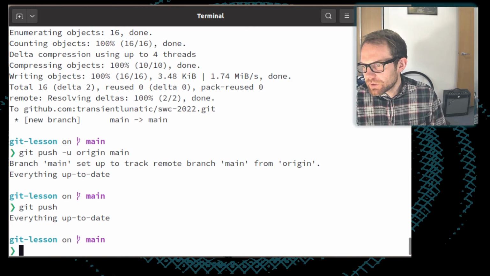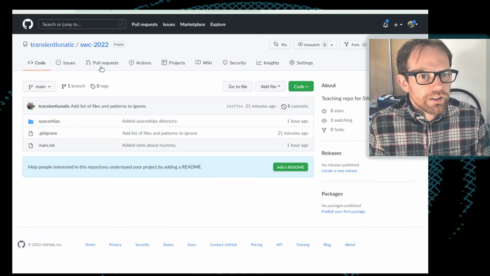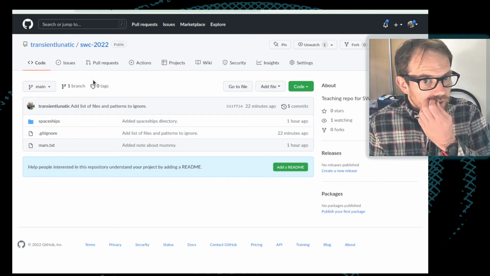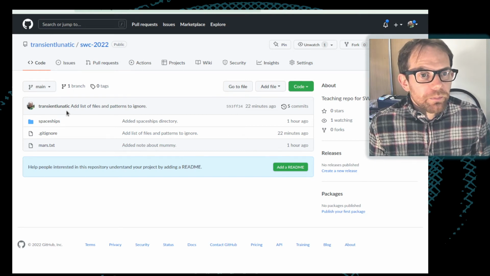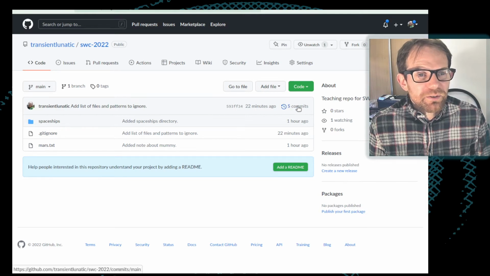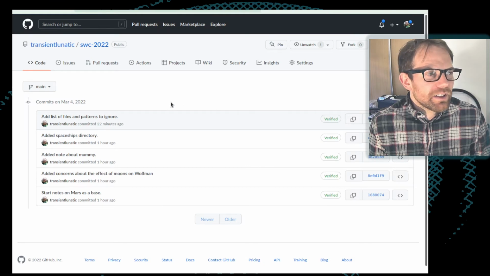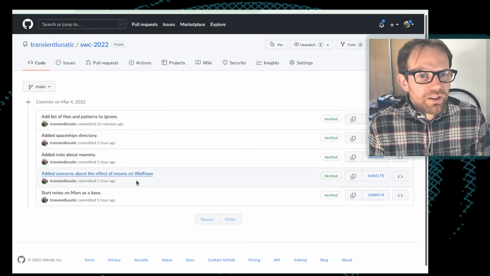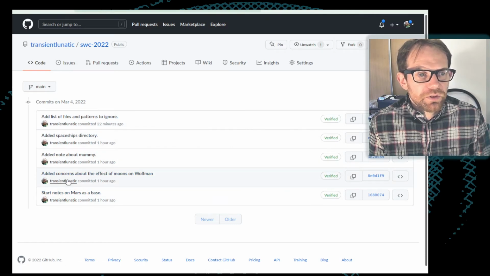So just very quickly, we can have a look at some useful things which exist on GitHub. GitHub obviously presents all of the same information which you get through the git command, but it presents it in a slightly different way. It's sometimes a little bit more user-friendly. For example, rather than running git log to look through all of our commits, you can just click the 5 commits here, and you can look through the list of all of the commits which exist in the history for the Git repository. And you can see here that having this is slightly easier to look at.